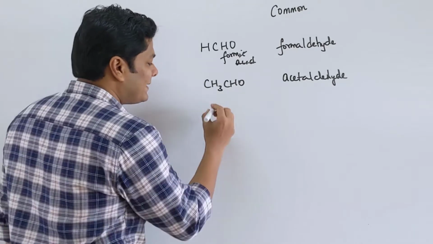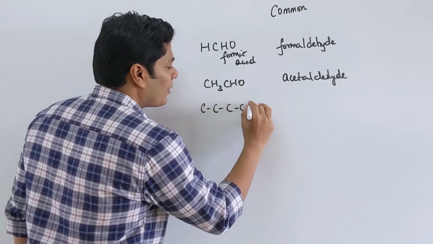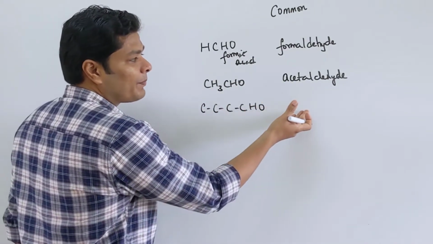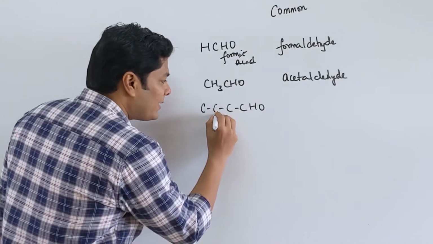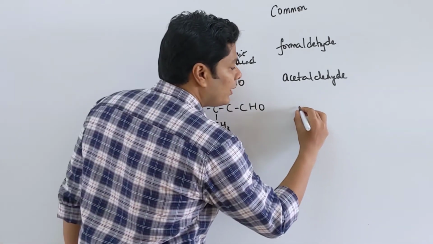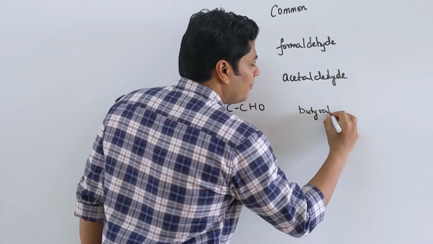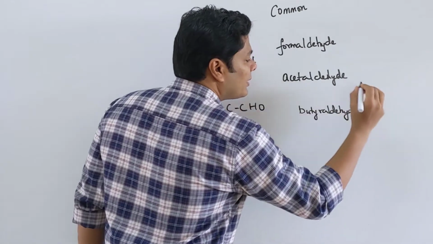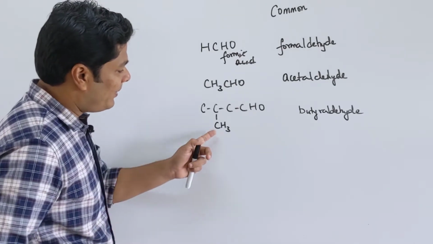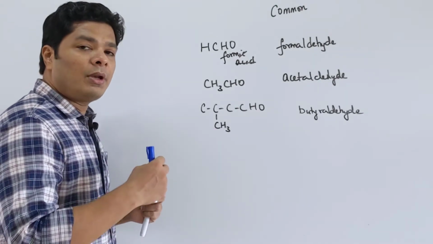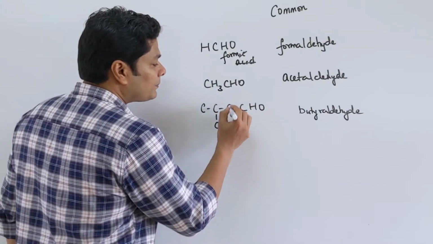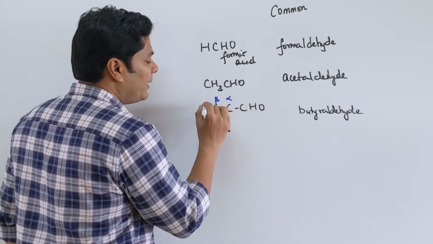Now we will do certain examples that you are supposed to know. So this is simple. Based on the same convention, you should have butanoic acid, butanaldehyde. But when there is a CH3 group attached, this is a derivative of butyric acid, so we call it butyraldehyde, and you need to remember this particular compound. And when it comes to common names, we number them based on where the methyl group is present. The numbering goes 1, 2, 3 in IUPAC, whereas in common names the numbering goes as alpha, beta, gamma.